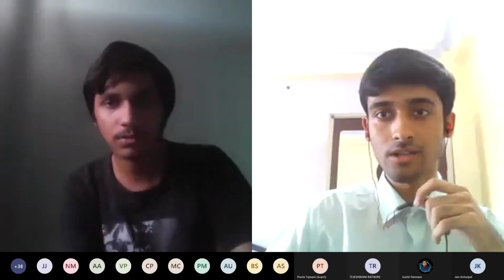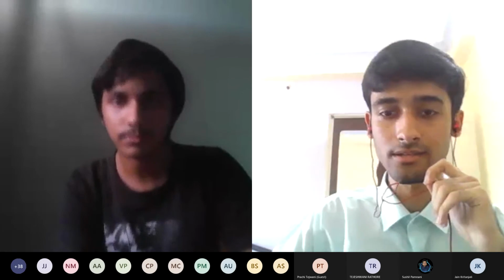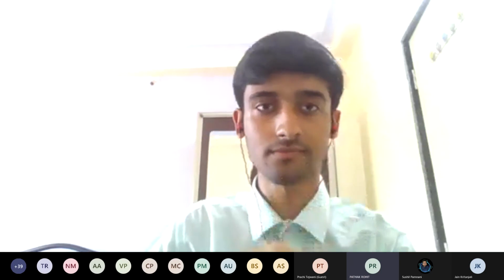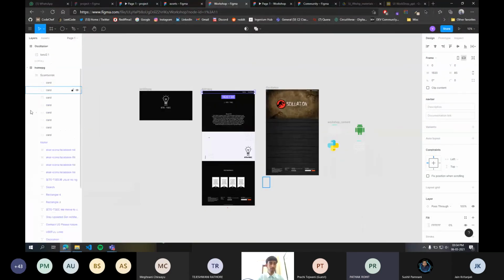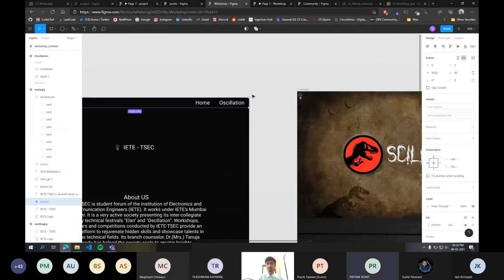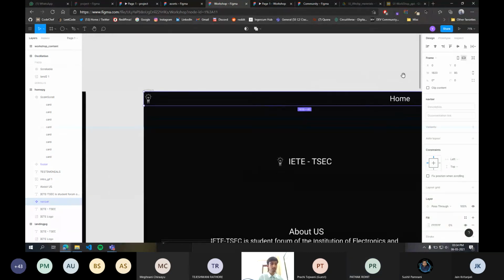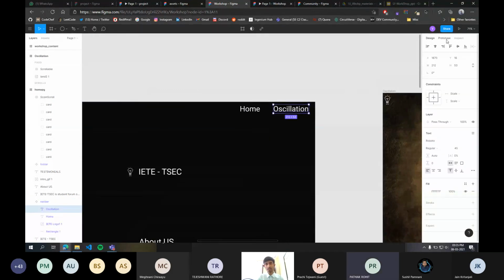Okay, so I'll present it again. For the entire thing to work, this navigation bar is basically connecting every page, right? So you can go to this navigation bar on the home page, double click on this oscillation text, and add a prototype, add interactions.